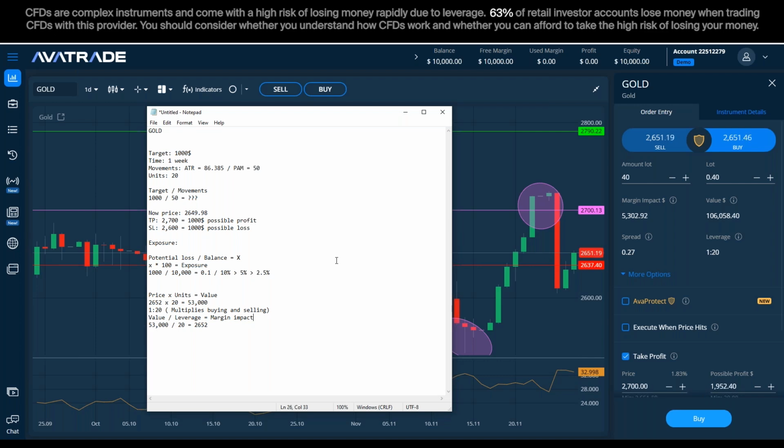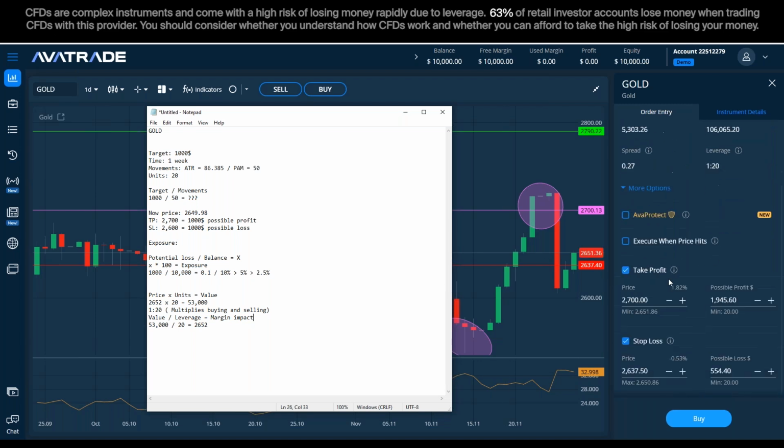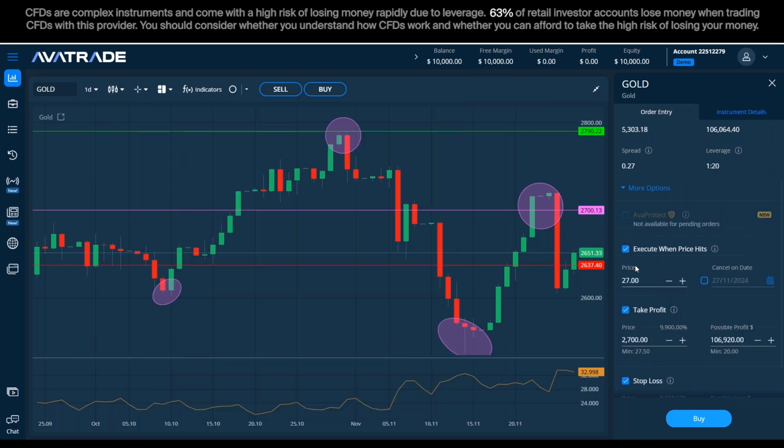And that's it for today. Unfortunately, we have a minute. I would just like to simplify what I said earlier. This technique, this approach is basic, but it gives you the ability to have control on the position that you design. I wanted to speak a little bit about the execute when price hits. Just two words.